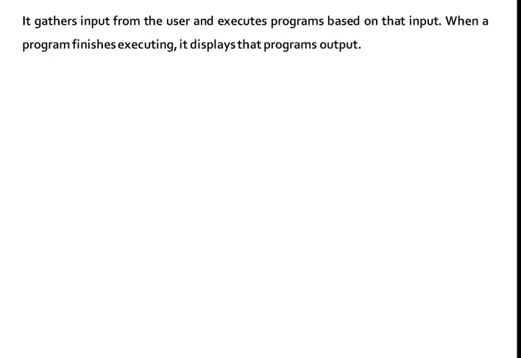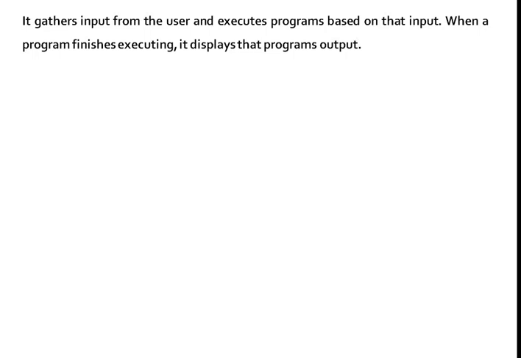It gathers input from the user and executes programs based on that input. When a program finishes executing, it displays the program's output.